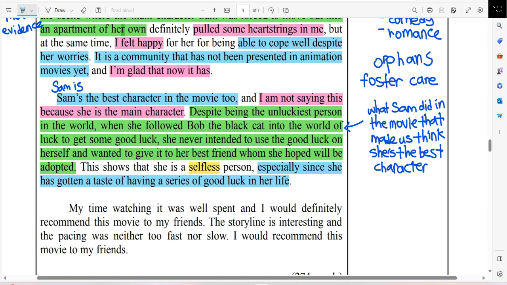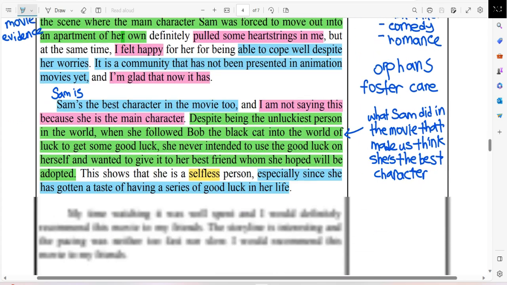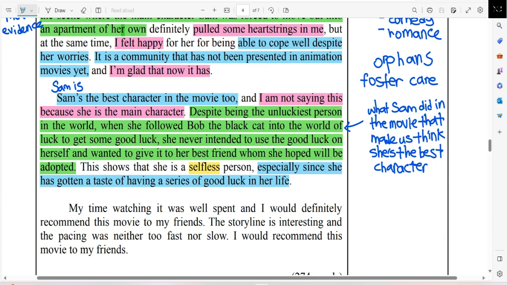Just now we mentioned another character, which is Bob. Before, we only ever mentioned Sam, so if we suddenly mention Bob, people wouldn't know who Bob is. So we need to briefly explain who Bob is. Bob the Black Cat. Now we immediately know who Bob is. We won't picture Bob being a man or a young boy or whatever. So it's important for us to introduce what kind of character that is if they suddenly appear in the middle of our writing.